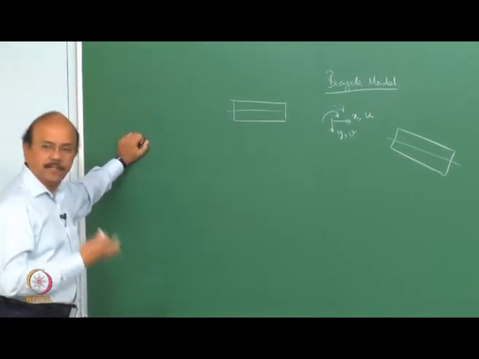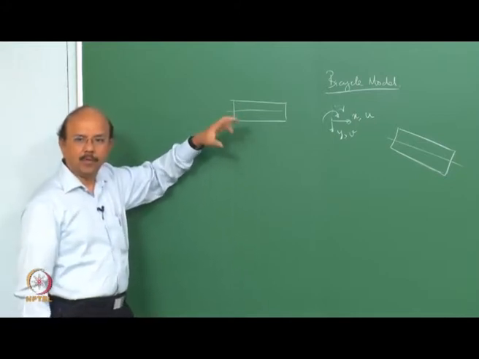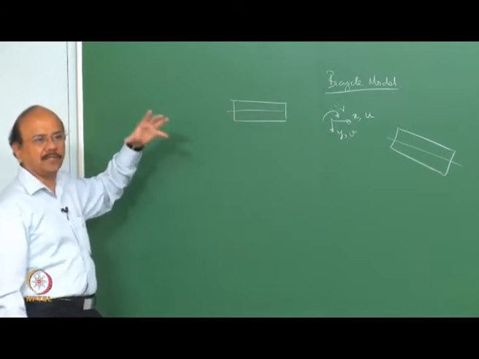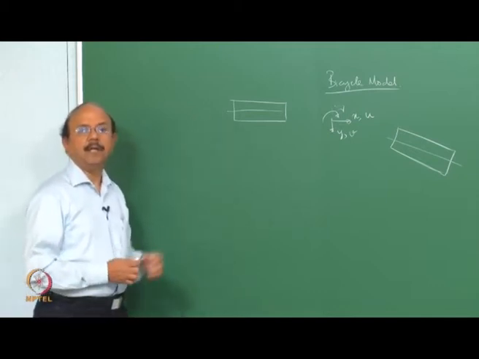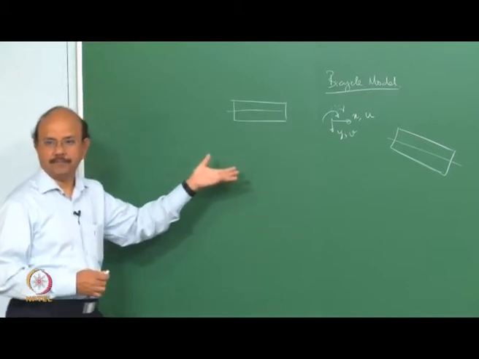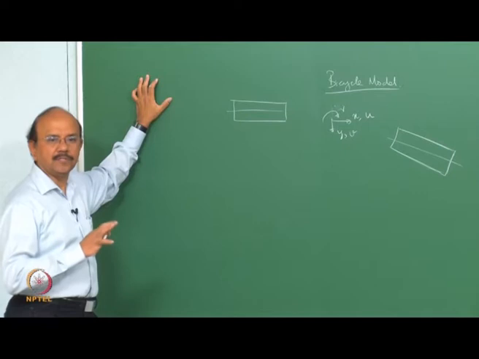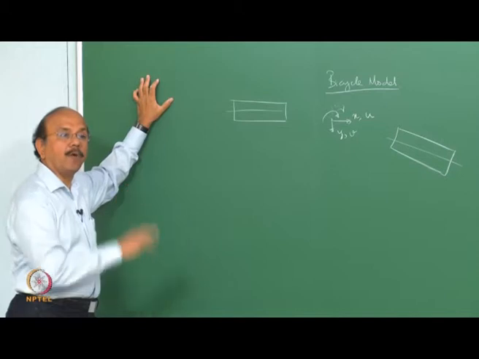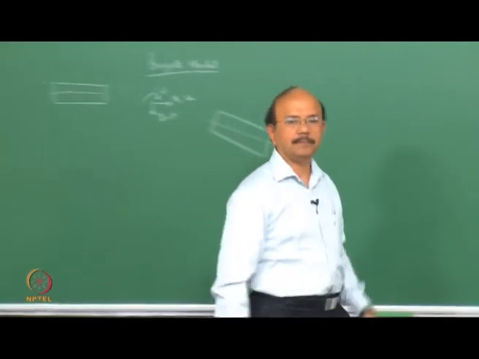Now, when the vehicle takes a turn, obviously there is going to be a roll. The vehicle rolls. Probably you would have heard about the terms roll center, roll axis and all that. And that roll is not taken into account in this case. That is not a degree of freedom in this model. So the roll is not accounted for. In other words, all that load transfer that comes due to roll is not there in this model.